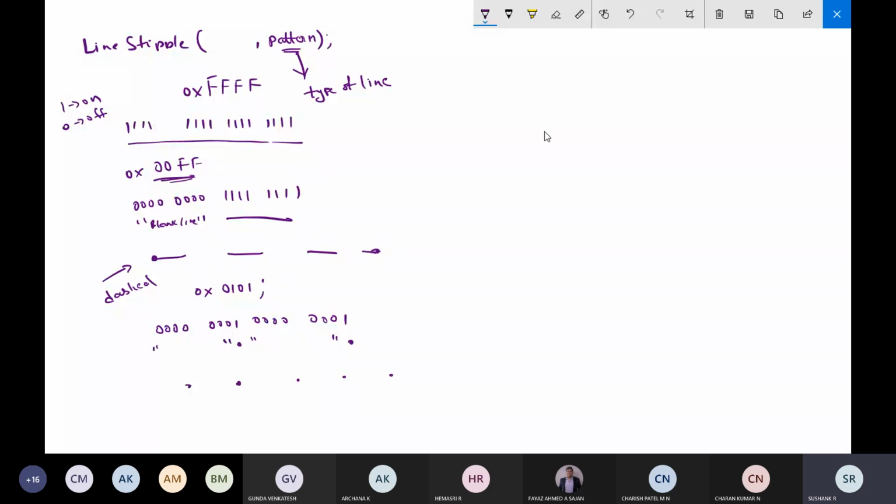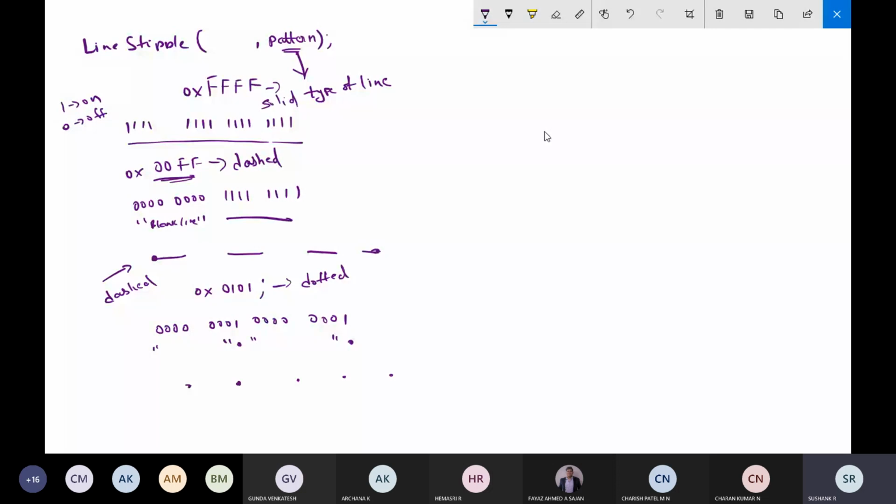One thing you can just remember: if the value is 00FF, it will be the dashed one. If the value is 0101, it will be the dotted pattern. If it is FFFF, it's the default one, the solid line.